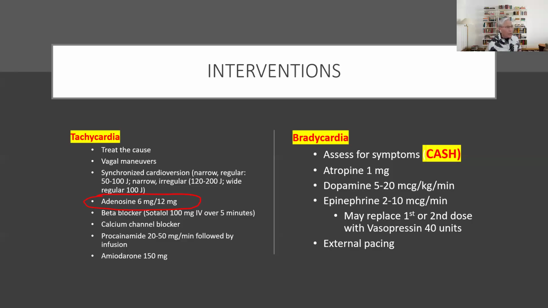So drugs that are going to be effective here are going to be like Cardizem. The other thing is procainamide, and lastly, amiodarone. So these drugs, adenosine, beta blockers, calcium channel blockers, procainamide, and amiodarone could be instituted in order to slow down